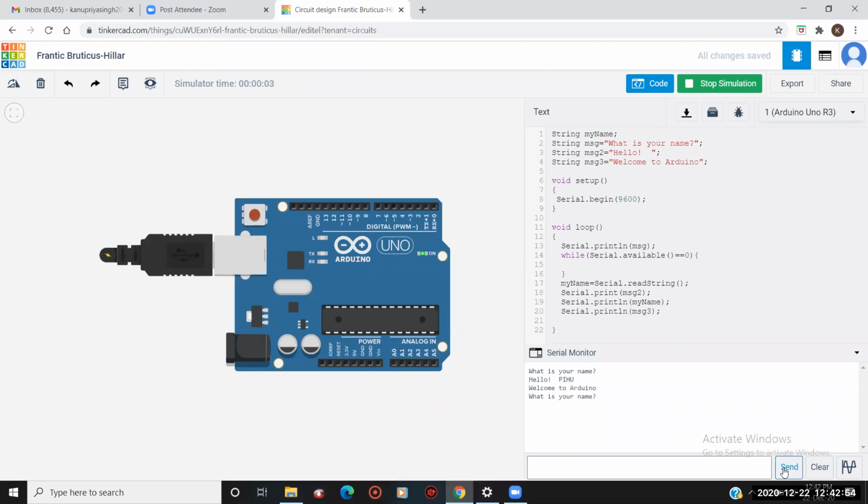Oh, now it looks nice, right? Now it is showing in a proper manner that hello Pihu, welcome to Arduino. And again it is asking the name of a person. If someone else will join the Pihu, then they can also enter their name here, right?